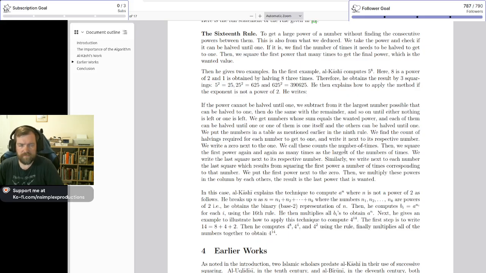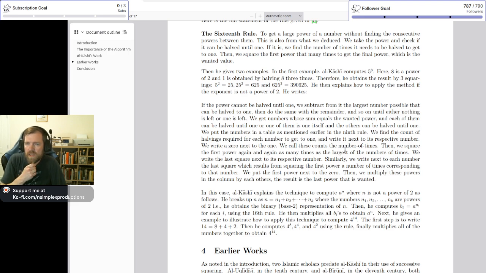Right, so the summation of even numbers is going to get you an even number left over at the end, or 1. We just keep subtracting those even numbers. Well, I guess it's 0 or 1, right? This is where we get the binary representation, this binary idea. We'll talk about that in the next paragraph.